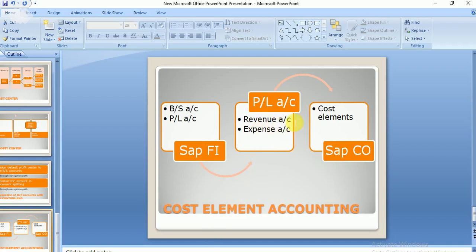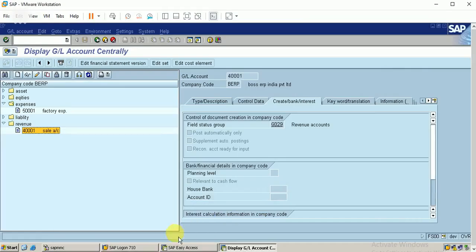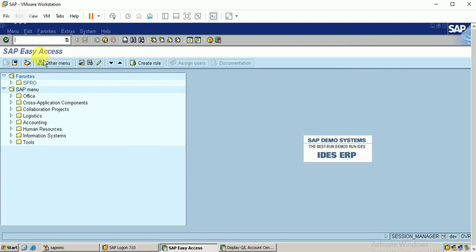This revenue account's balances should flow into the controlling module. So I'm converting this revenue account as a cost element in the controlling module. To do that, I just enter into my navigation path.